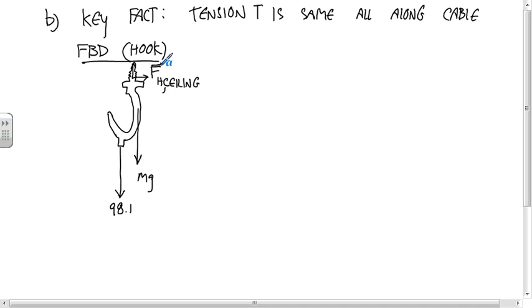So there's a lot of stuff we don't know, but all we were asked for was the force on the hook by the cable, and that is this vector. So the fact that we don't know any of this other stuff ends up not causing us any problems. So the force on the hook by the cable,